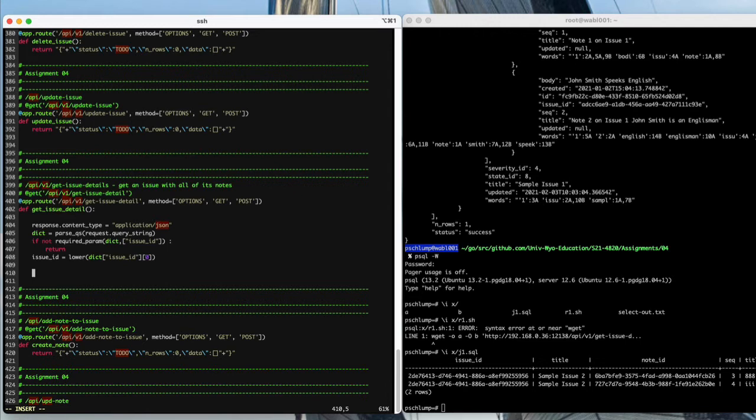So if I do issue data equals run select raw, and I pass it select star from iIssue, where, and I want to substitute in this issue ID equals,